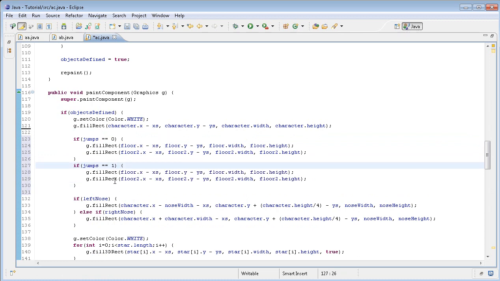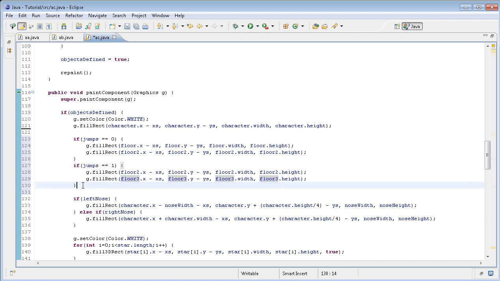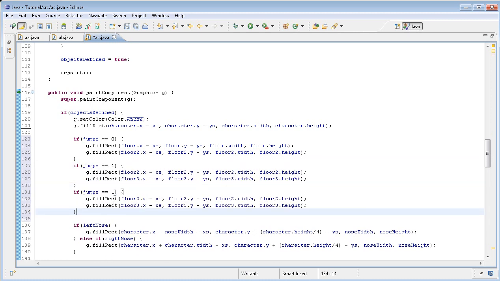If jumps equals 1, floor 2. This should go to floor 3 then. But if jumps, give me a second. If jumps equals 2,